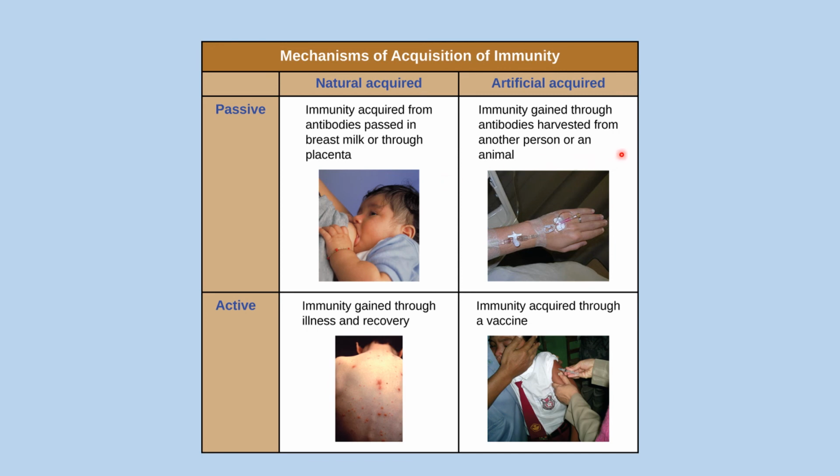Passive, artificially acquired. Now the immunity is gained because, yes, you received antibodies made by somebody else, sometimes made in another animal, and they are injected into you. Sometimes they will do this when someone is sick or you're trying to prevent them from getting sick, but maybe they're immunocompromised and they cannot take a chance of being exposed to the actual pathogen. This was used as a means of treating individuals